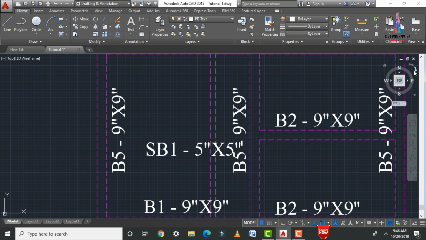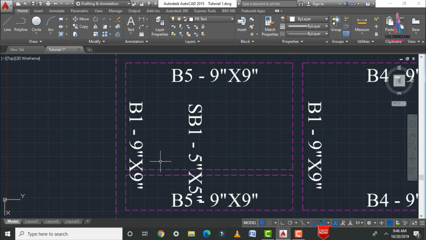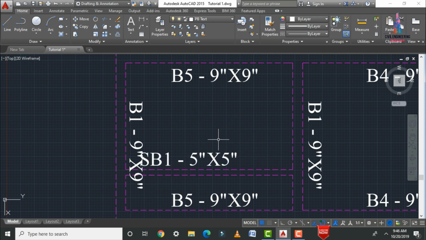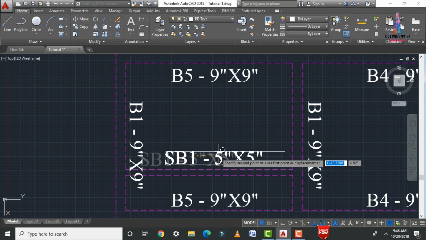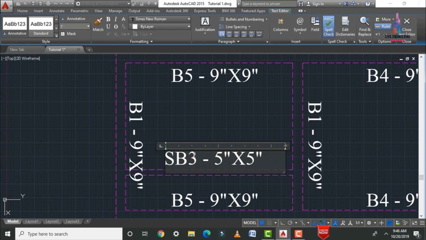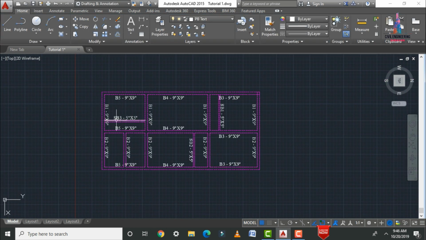Right click on this, so rotate this respected model. Again we have to rotate the text here. Let us consider the text, rotate to 90 degrees. M, enter, select this respected point and change the name from SB1 to SB3. This is the SB3 section, secondary beam section, and this is secondary beam section 2. This is secondary beam section 1. The rest of the beams come under your primary beam sections.